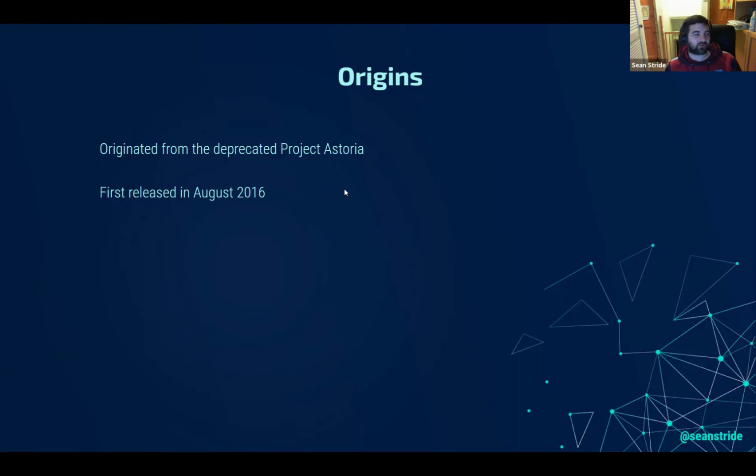WSL1 came along in August 2016, but that project started a long time before. So it's not something that Microsoft has only just started to try and attack. It's something that Microsoft have been trying to achieve for quite a while,